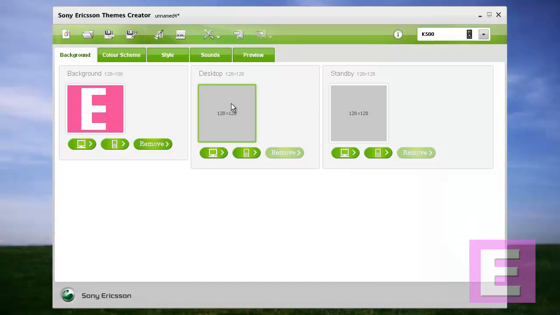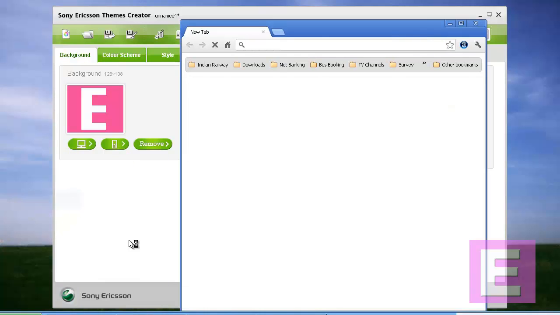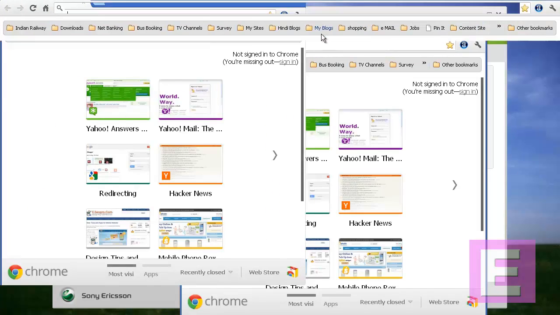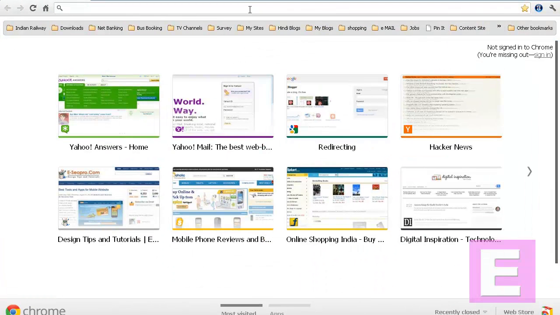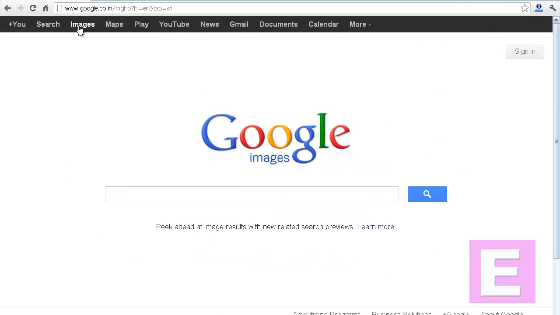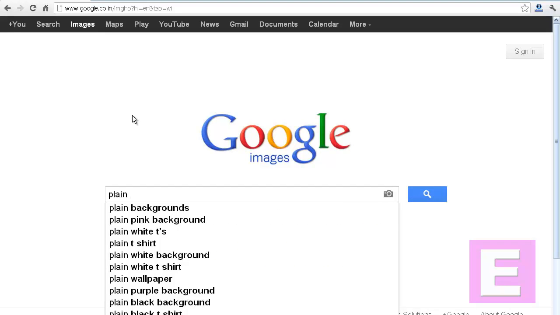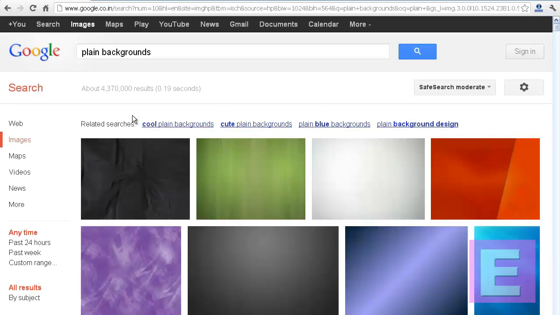And how the desktop you want to get. If you don't have enough background, desktop or any other wallpapers of the exact size 128 by 128, you can download them from the internet. Simply for that, open your search engine, Google, go to image search, type the simple words plain backgrounds.